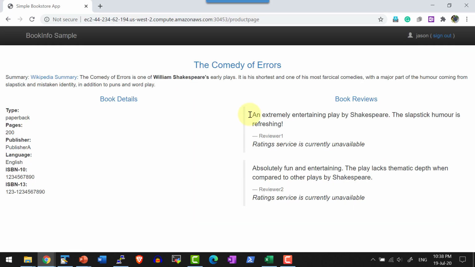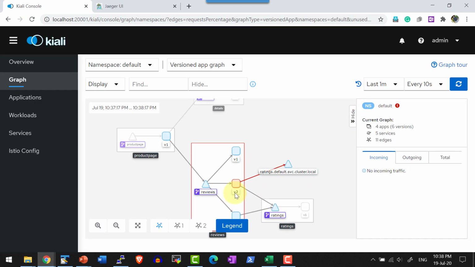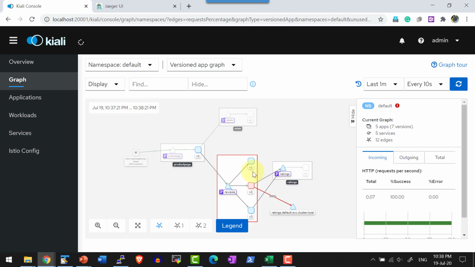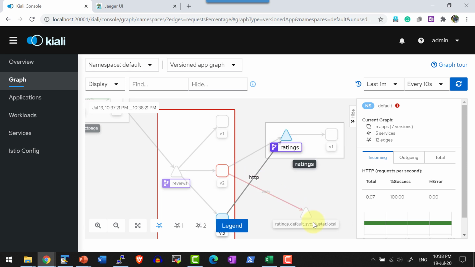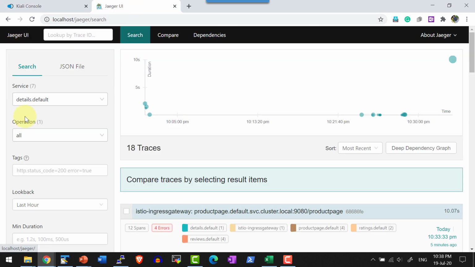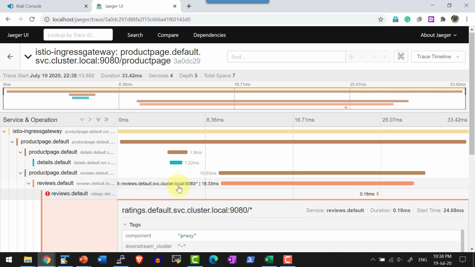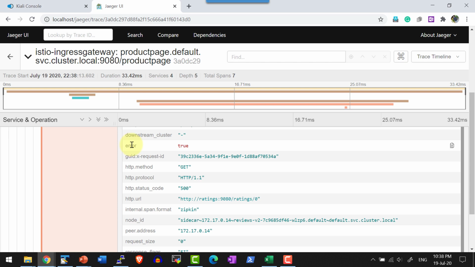To see the details, let me go ahead and access the Web UI multiple times. Now let me refresh the page. Yes, from version 2, I am getting the error 500. So 100% of the time I am getting the error message from version 2. Now let me access the same thing from the Jaeger UI as well. Here I got the error, and I will be in a position to check there is a flag set with error equal to true, and I can check the status code as 500 as we set within the